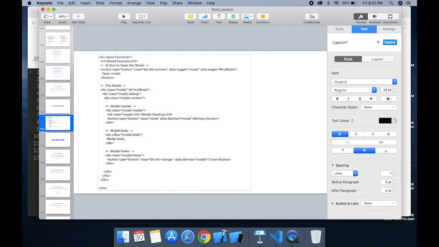So we will start with the inner part, like there is a modal header, modal body, and modal footer. Now the header is used to display some kind of heading and the close button. The modal body is used to display the content of the pop-up, right? And the modal footer will display the footer things, right? Now all the three things are added inside this modal content, which is inside a modal dialog and the modal